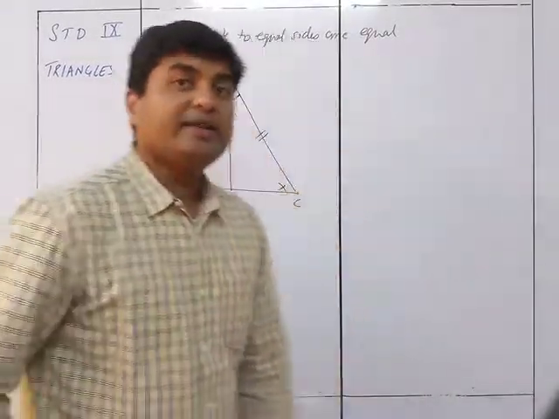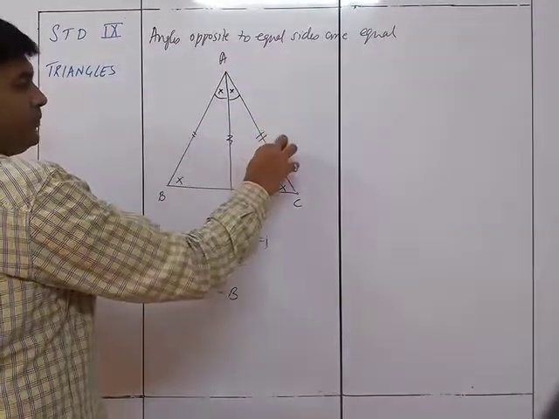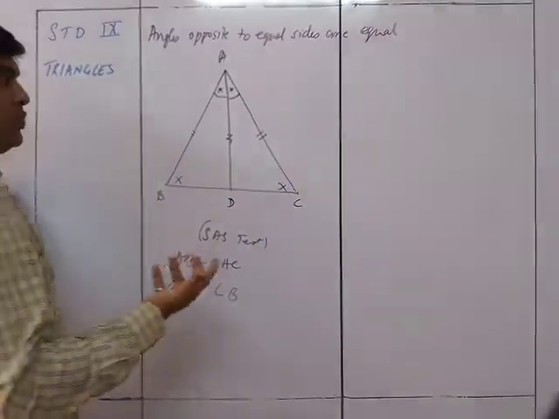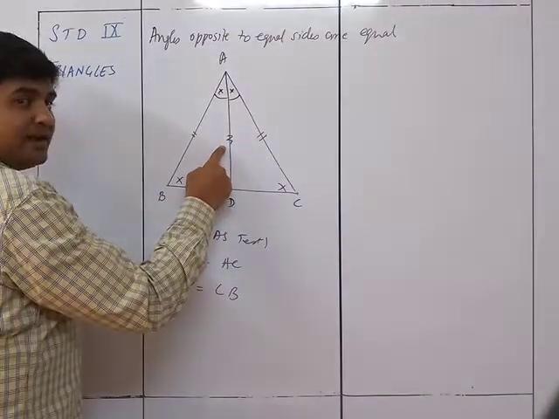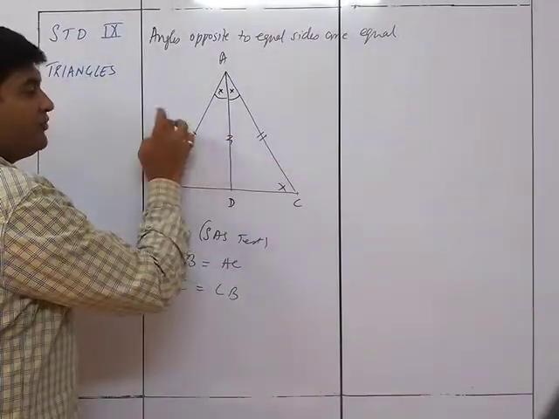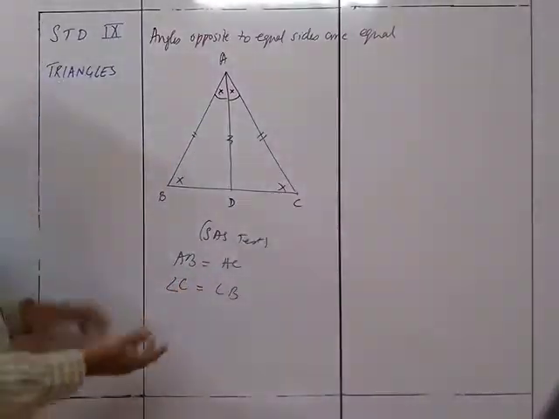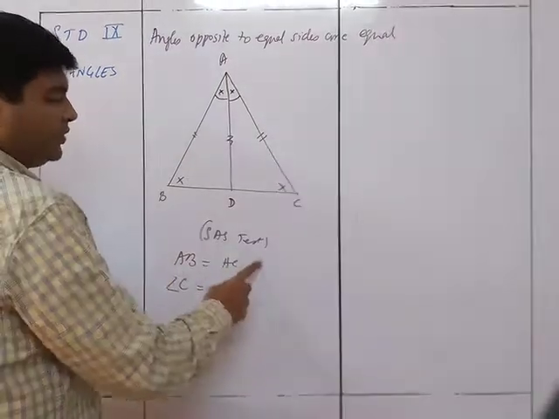So if it is given to me the other way around, that these angles are equal but the sides are not given equal, then I can prove it. This is A, and this is the common side S. So it will be the AAS test, and I get the two triangles congruent. Therefore, this will be equal to this. So the reverse is also true: if angle C is equal to angle B, then AB will be equal to AC.